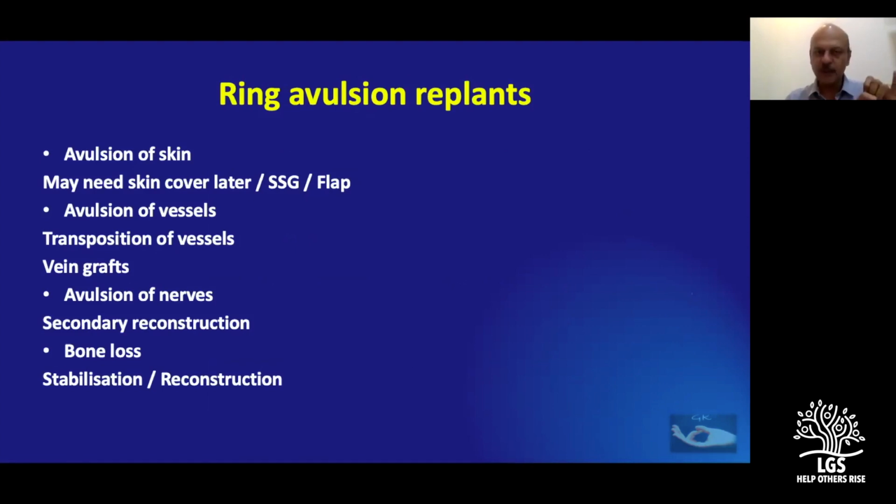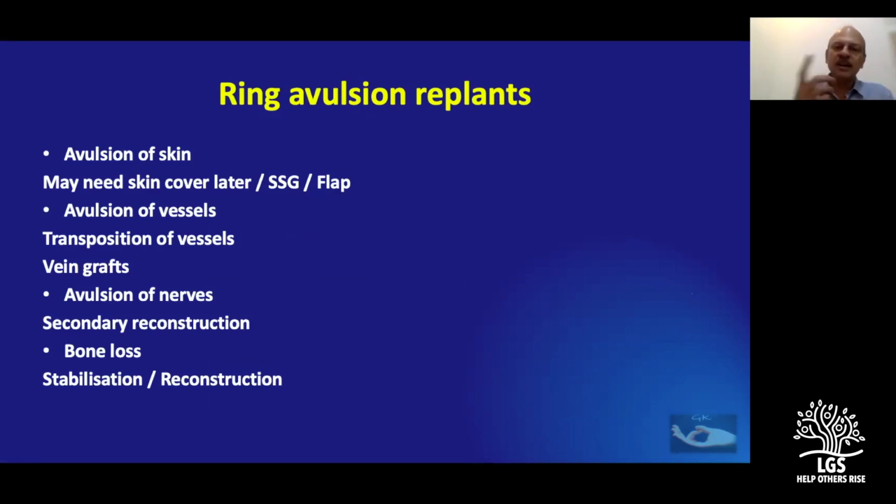So we need to remember that, to differentiate it from other replants, you may need skin cover later, either in the form of a skin graft or a flap. Second, there will be avulsion of the vessels. So we must remember, either you debride proximally and distally and identify good arteries and do a vein graft, or